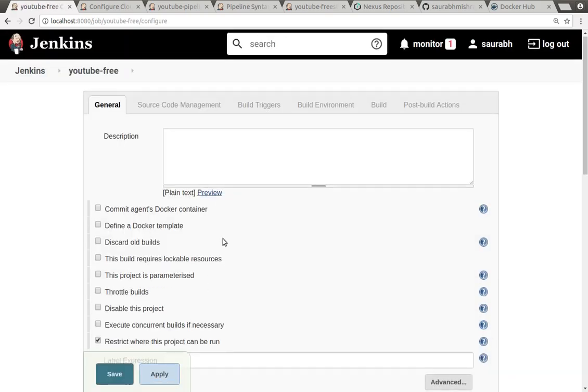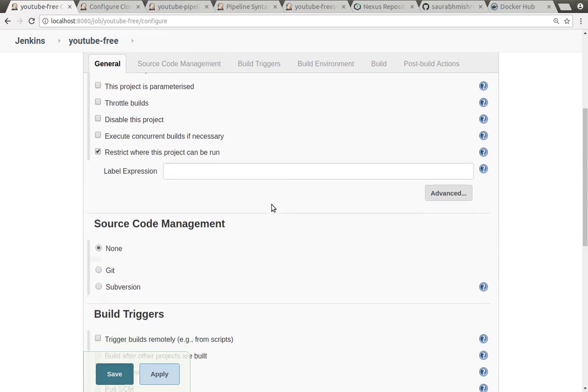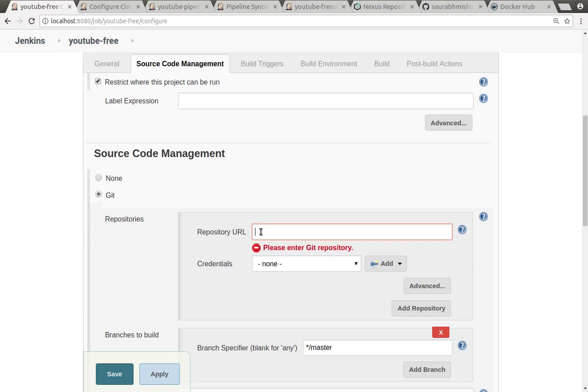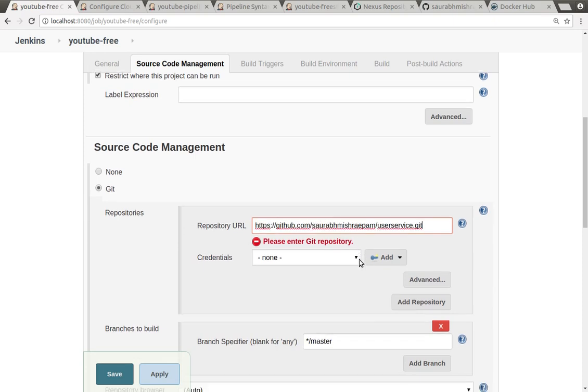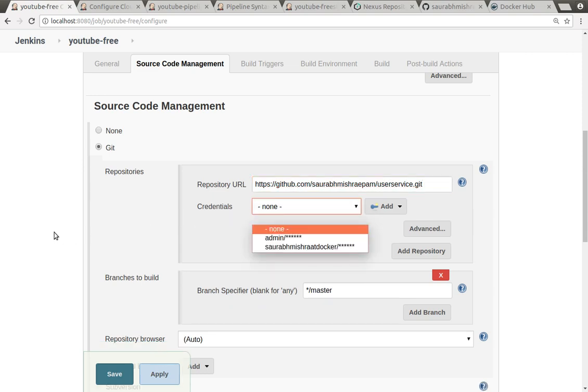We have different options also, like what you want before the application build. All those things you can configure as part of this. Different sections are there. You can give a description about what this project is about and the purpose of this pipeline. In the source code management section, you can come here and provide the Git URL. If it is a private Git repository, you need to configure some credential store. As this is not a private Git URL, I don't have to provide any credentials.